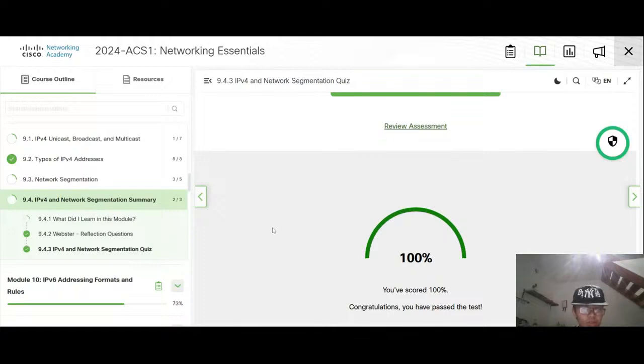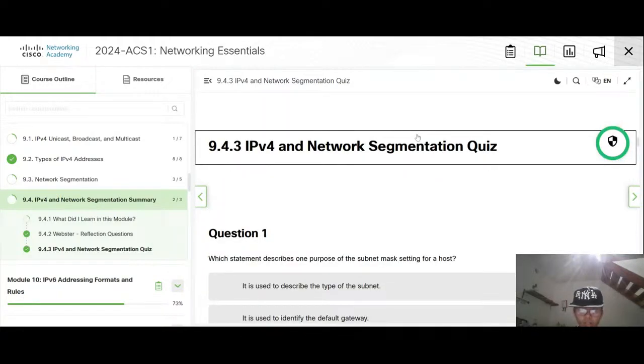Okay, this one's really nice. Review it, I think. Subnet mask.